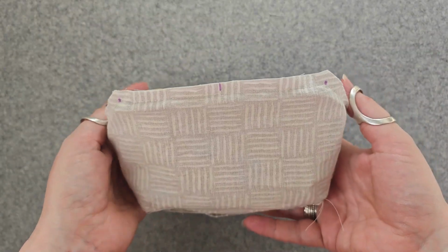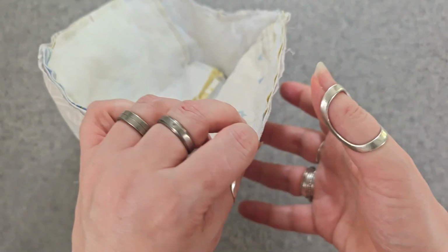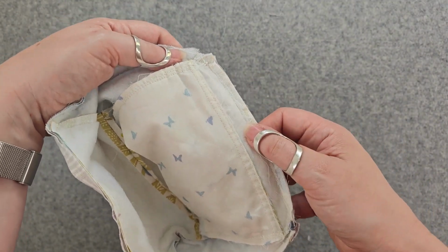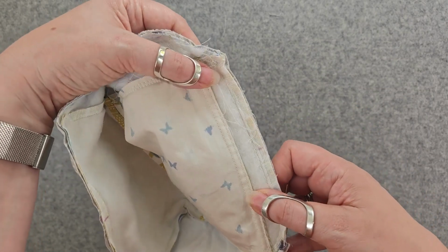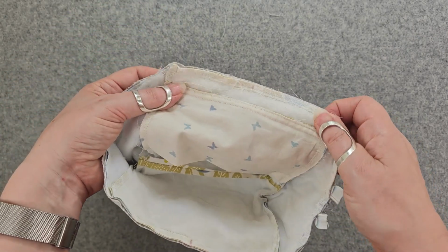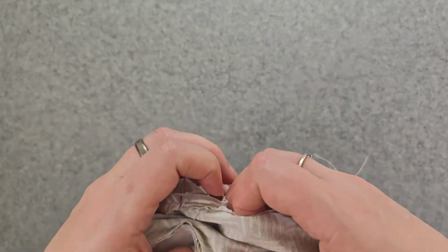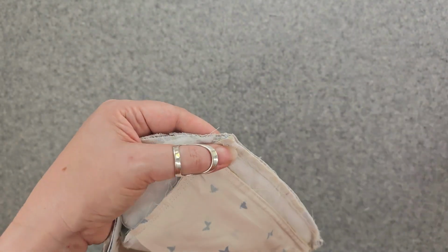So here we have it, stitched around. I followed the lines of the previous row of stitching. Obviously, if you're using a dark coloured zip and therefore a dark thread, it's much easier, but I checked it, and I've been in and actually done a little bit more stitching where I felt I needed to, because I wanted to make it more even. So what you would normally do then is just check everything first,